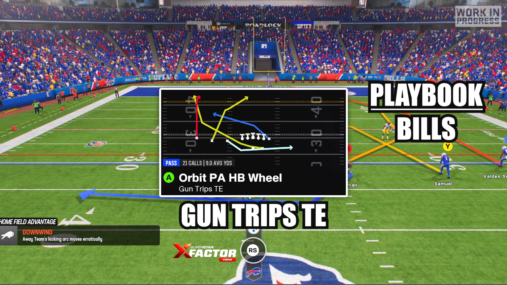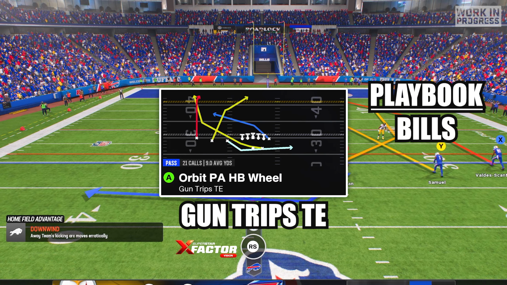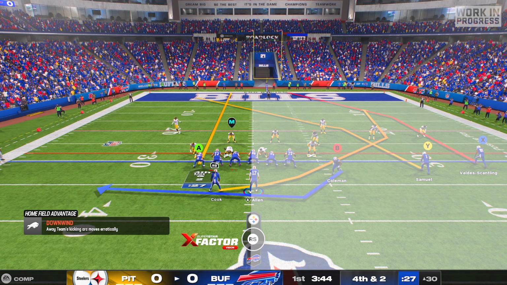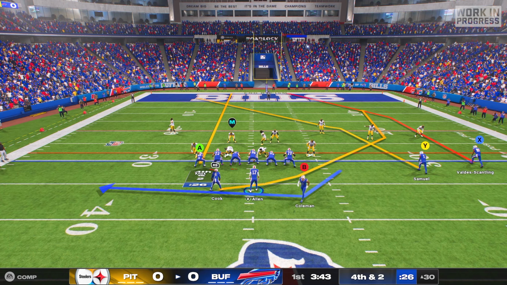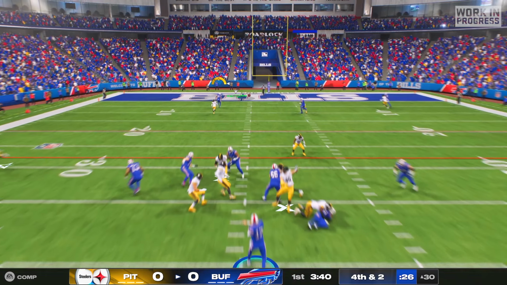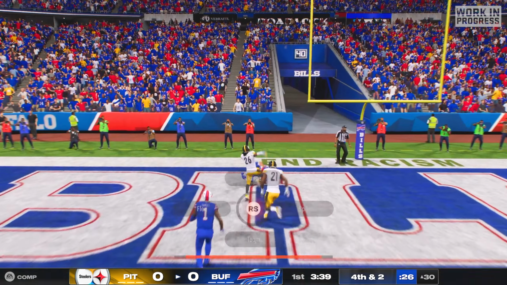The play is orbit PA halfback wheel, and the formation is gun trips tight end, and always flip your formation so that your receivers are lined up on the wide side of the field. After the snap, the first read is the tight end on the streak, and if he gets a step on his defender, then you can hit him over the top with a high ball bullet pass for huge yards up